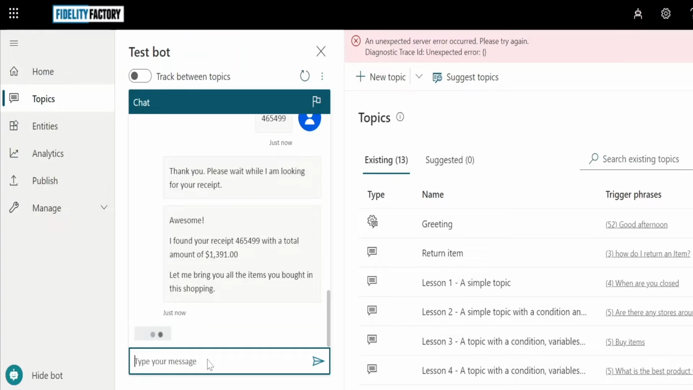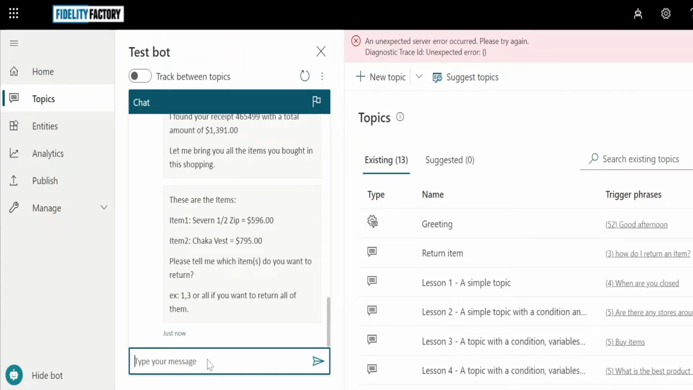What this next one does is basically bring all the items related with this ID, so the user can know exactly what he ordered, and then he can let the virtual agent know which items he wants to change. So there it is. It has two items related with this order. For our case, we